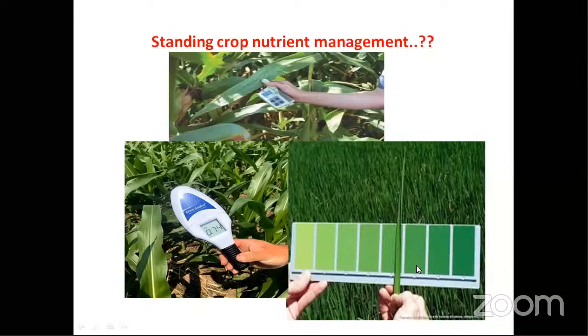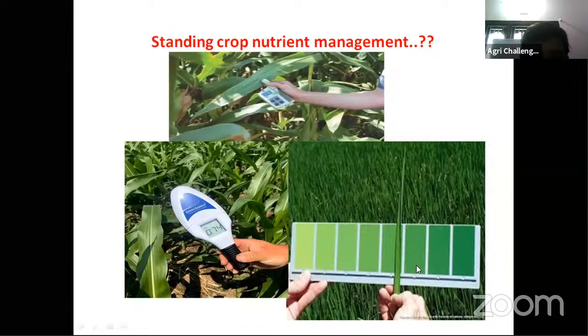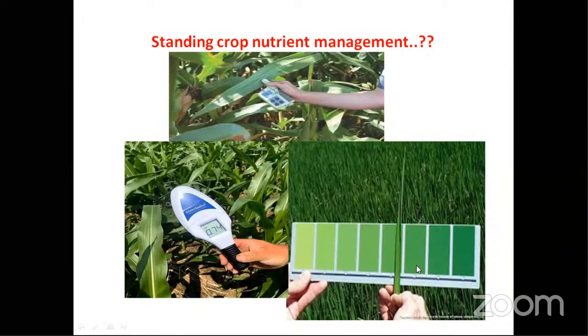Yes, generally we will apply fertilizers at the time of sowing. That is, application of fertilizer along with sowing, or before sowing, what we call pre-plant. Basal.